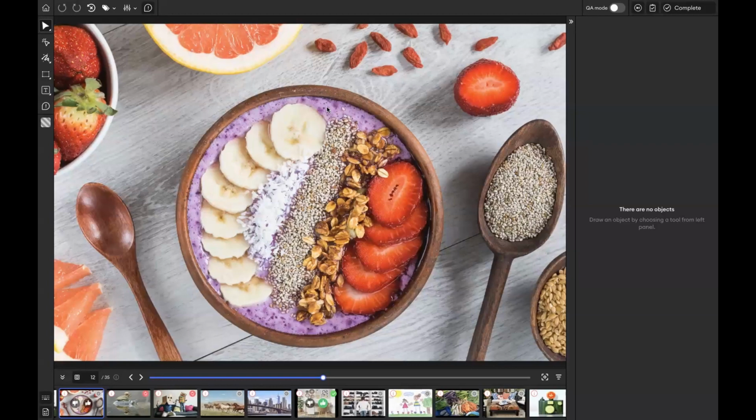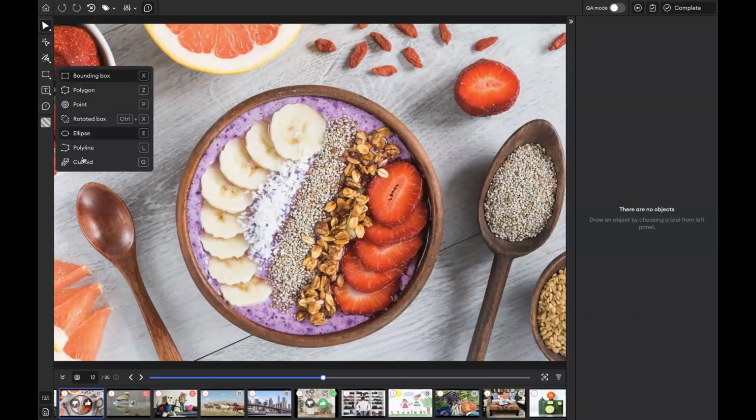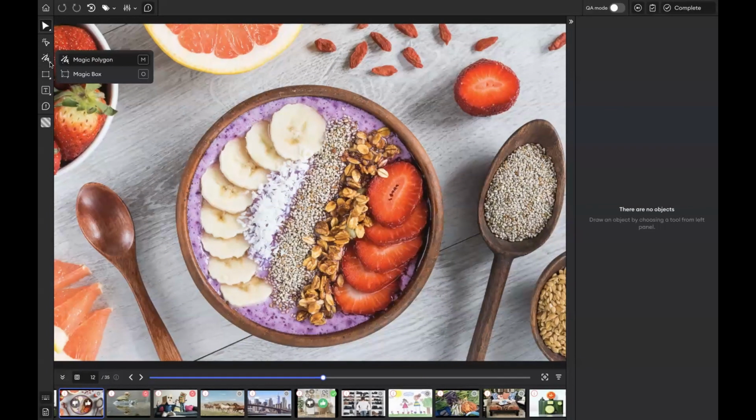So if you're familiar with our platform, this is how our image editor looks. There are a lot of different tools on the left side. There are a lot of manual tools, and some semi-automatic tools, which are Magic Polygon, Magic Box, or Magic OCR. And then we added our Magic Select, which is more or less Segment Anything. It's working the Segment Anything